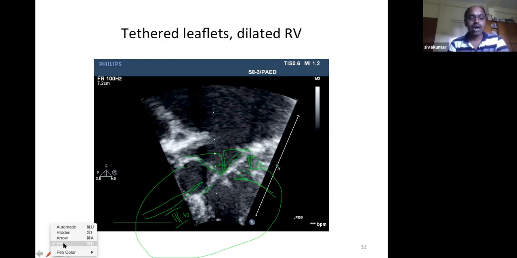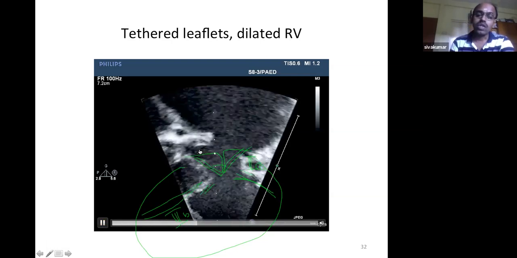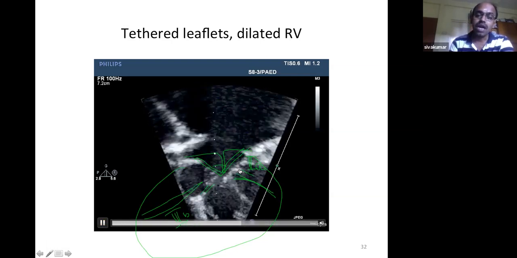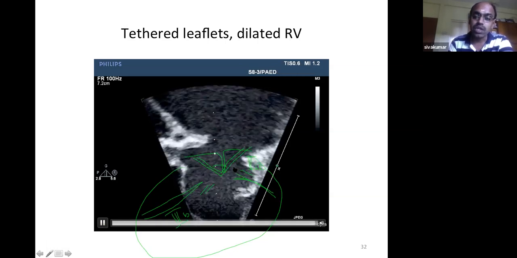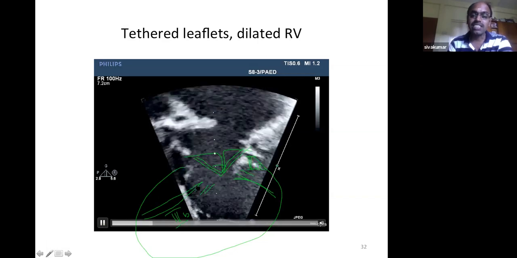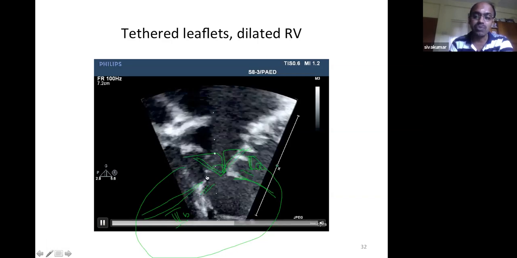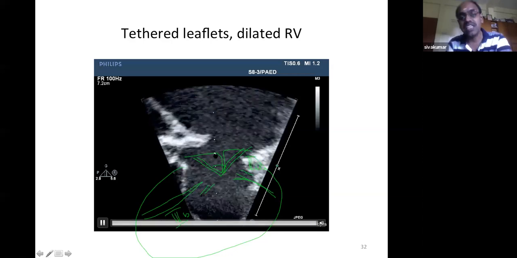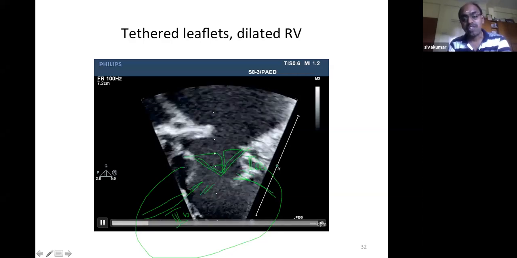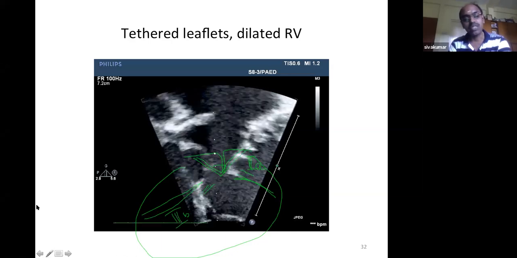Now I will try to go back again to the movie. So the two AV valve leaflets are not able to reach the plane of the AV valve annulus at all, creating a tether angle. And this tethering in this particular case is due to type 3A dysmobility, which means shorter chordae, which are preventing it from reaching the plane of the interventricular septum. If it is due to a markedly dilated right ventricle, and that is what is preventing it, then that is type 3B dysmobility.